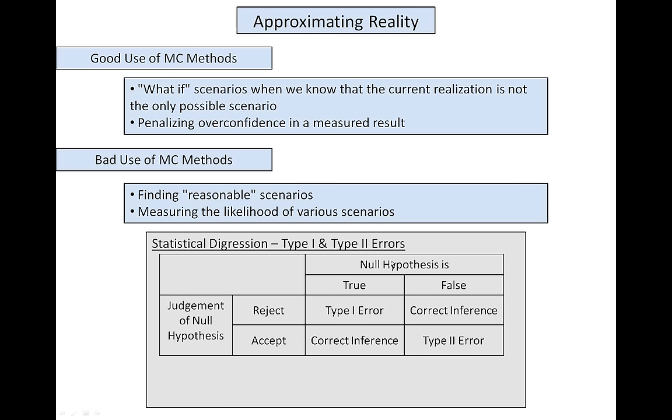For those of you who are familiar with business situations, you'll understand that most business decision makers, for reasons that I'm not 100% sure of, are much more worried about type 1 errors than type 2 errors. That is, they're much more worried about missing out on that big deal or not appearing knowledgeable when something happens than they are about type 2 errors, that is, thinking that they know something when in fact they don't. And Monte Carlo methods are a really good way of rooting out knowledge that we think we know when in fact we really don't know it.